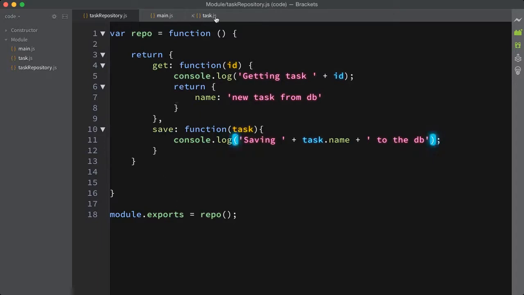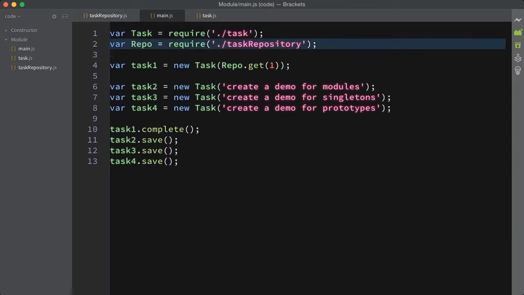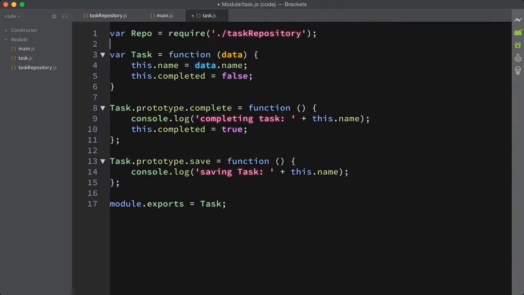Now, instead of doing this from main, let's do this one from task. So I'm going to do the same thing. Repo equals require task repository. Now here, when I'm doing task prototype.save, console.log, instead of writing that, or actually let's leave that there, and now